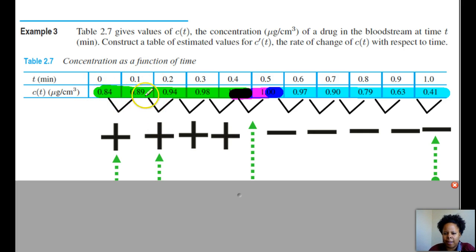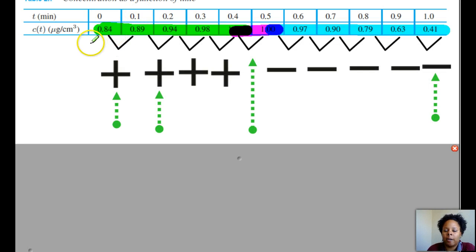This is about 0.5, whereas this is almost an 18-point decrease. So based off this information, it seems like our derivative graph will be positive between 0 and 0.4. It's going to be around 0 at 0.4, 0.5,